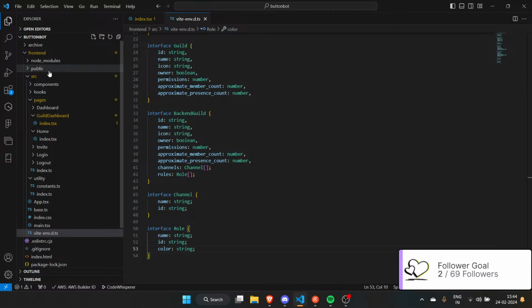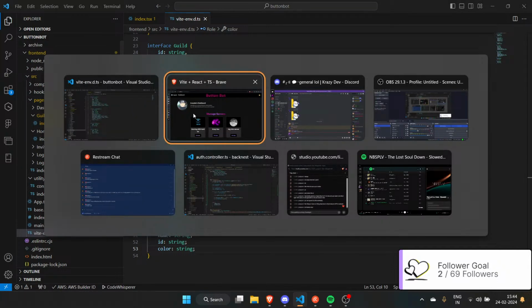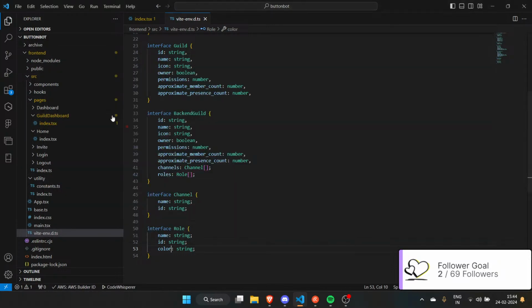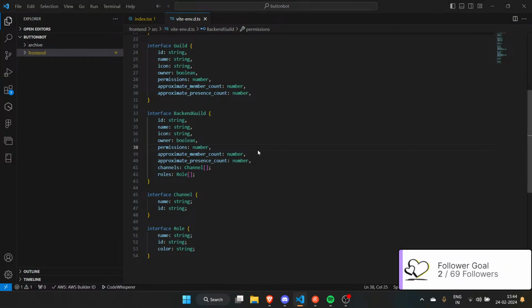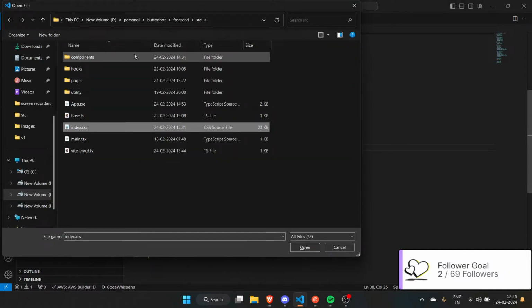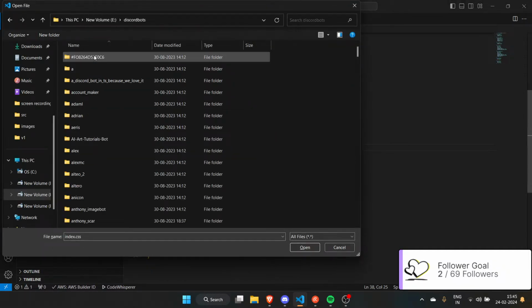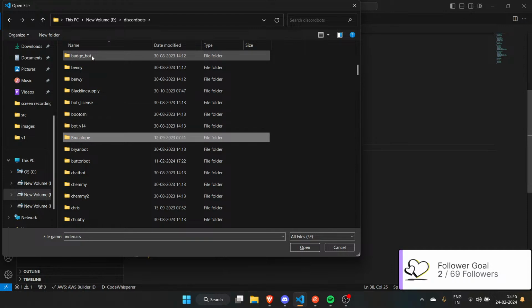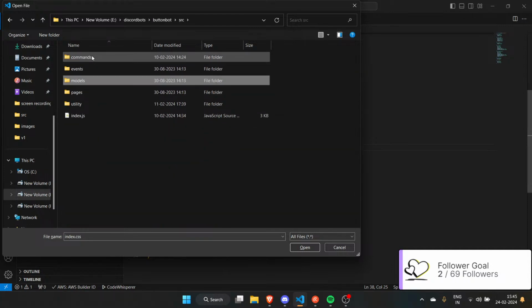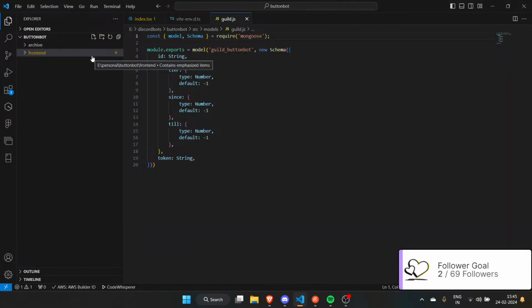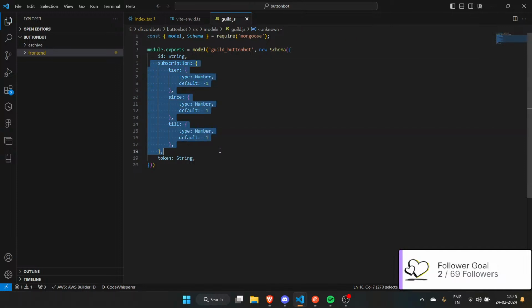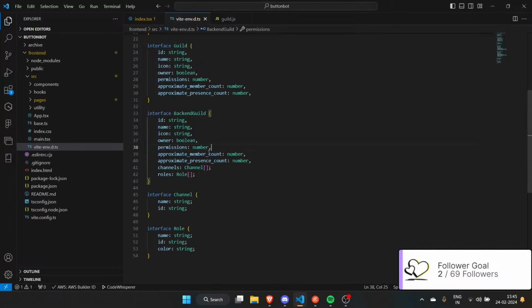does a guild have any other thing? Let me look at my database real quick. Front end, okay. Give me a minute or two. Local disk key, Discord bots, button bot, source models. So we have a guild.js which has subscription data. That's something interesting. Token doesn't really matter right now.